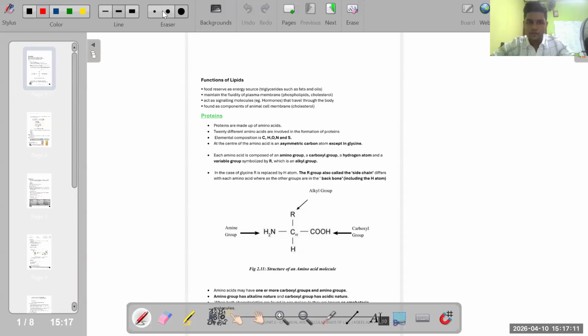Have you completed these sections in any other classes you are going? No? Is this the first time you are coming across this protein section? Yes, first time. For one student, it's the first time it seems. Okay, then, no issue, right? So I'll send the recordings. When you have free time, just watch them. No issue, right? Okay. So today's topic is proteins.